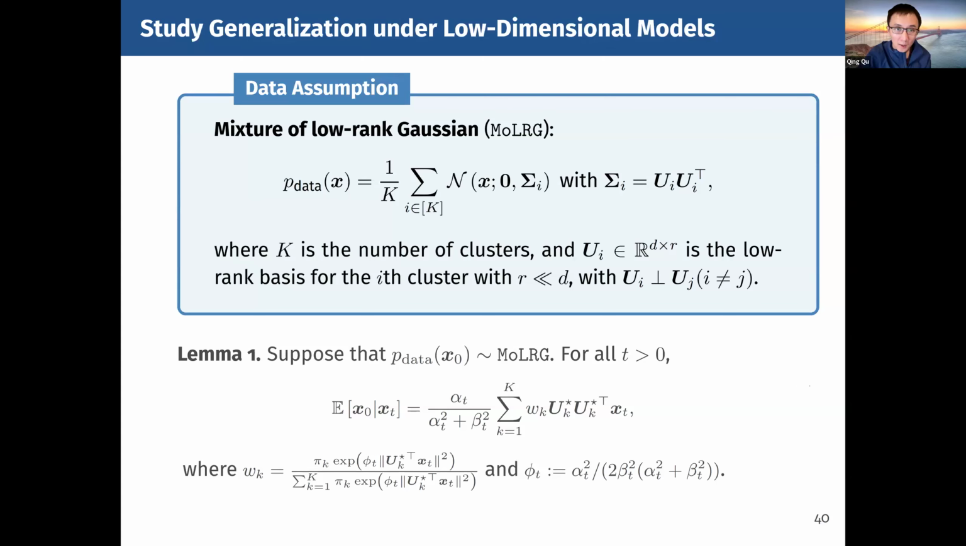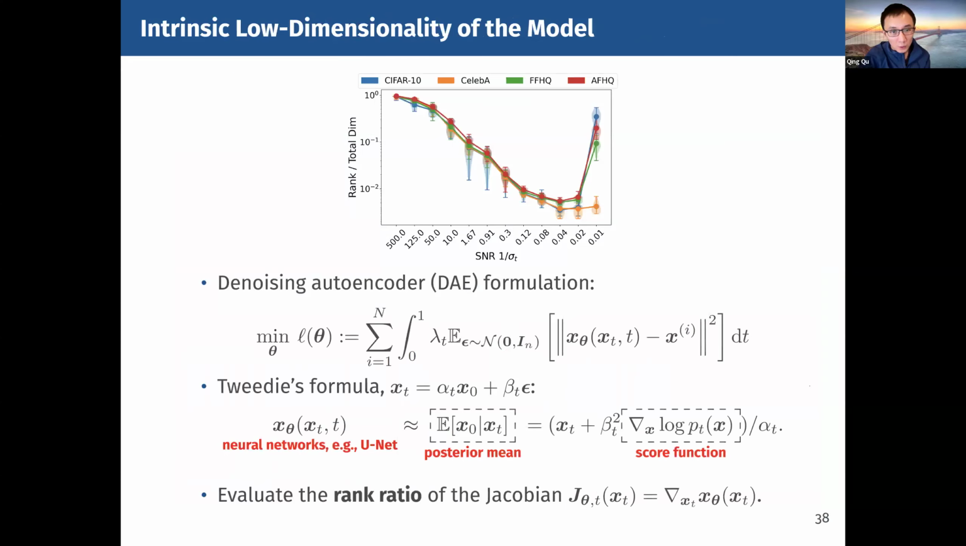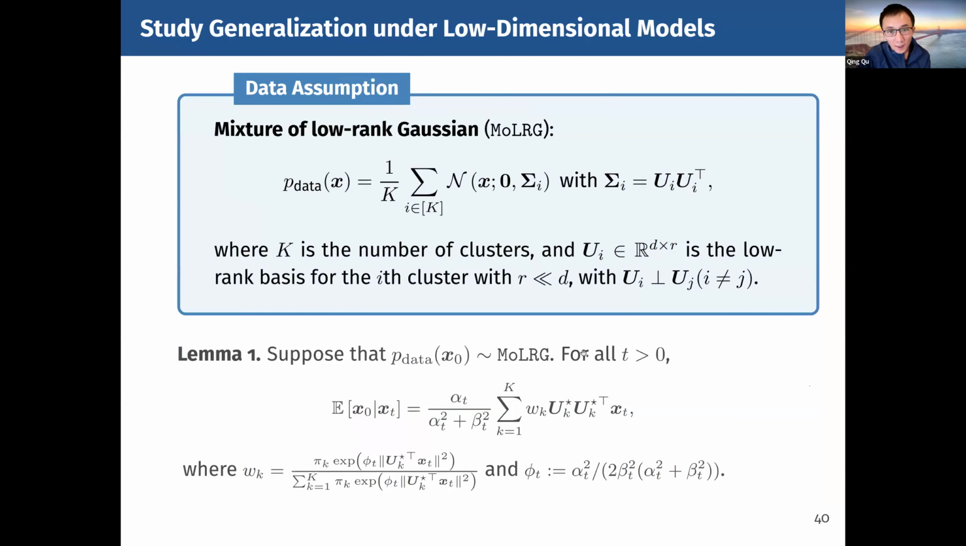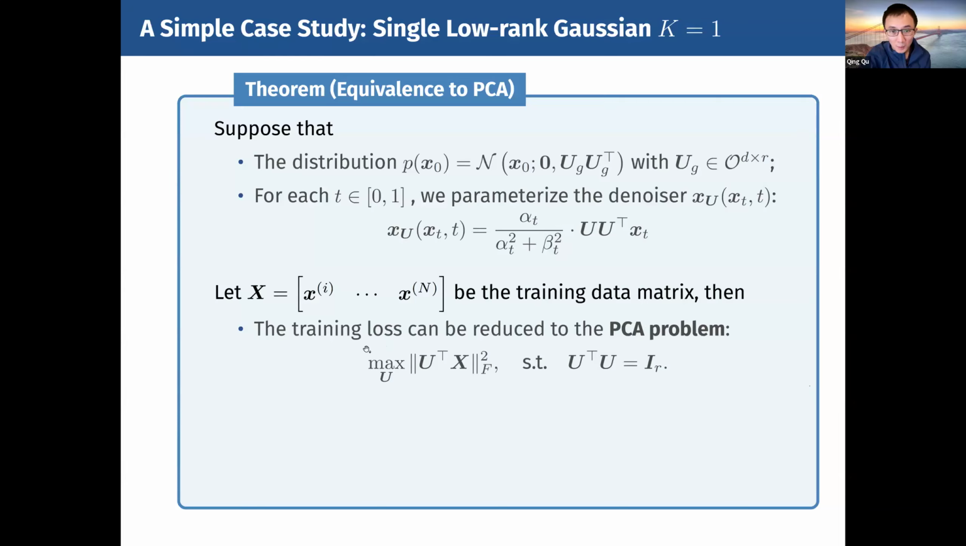Based on intuition, let's do a study when k equals 1. Let's consider there's only one Gaussian mode, where k equals 1. And we parameterize our neural network like this, where U is the learnable weights of the model. And we plug this parameterization of the denoiser back into the DAE formulation. And taking the expectation, you can show that the problem can be reduced to the classical PCA problem, principal component